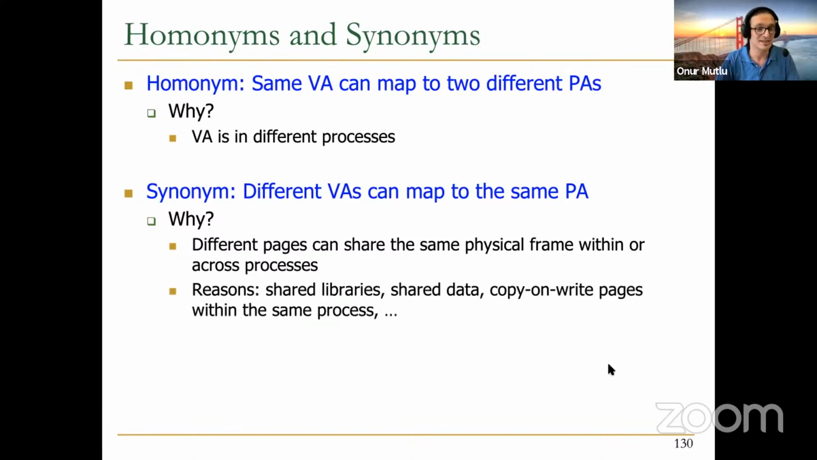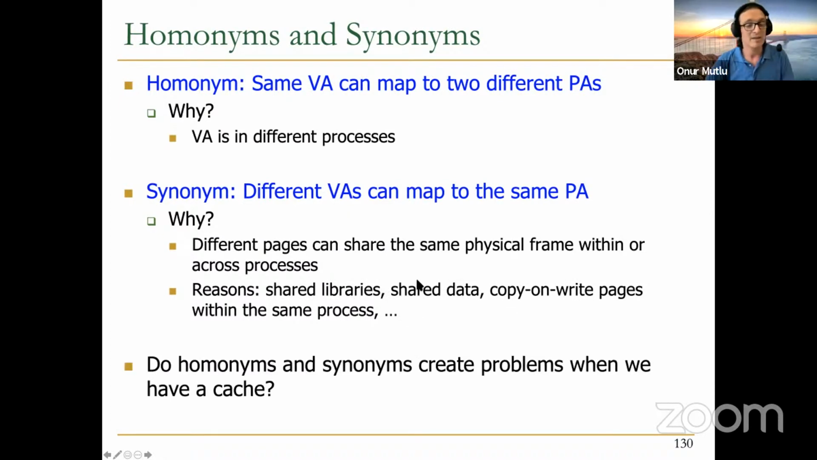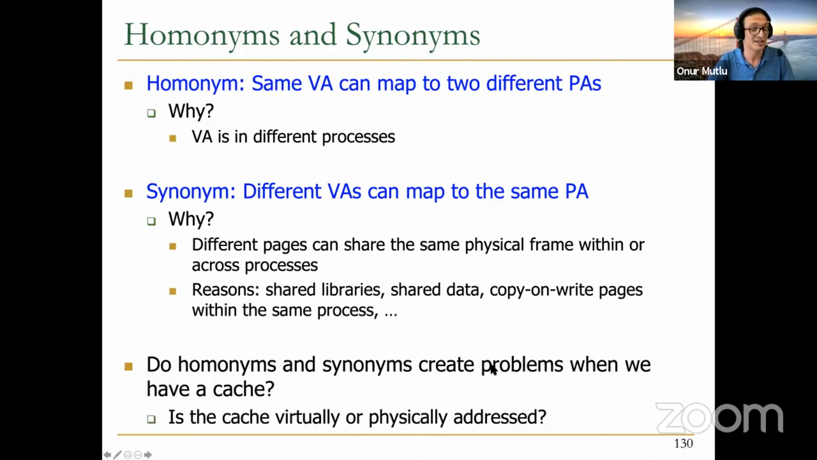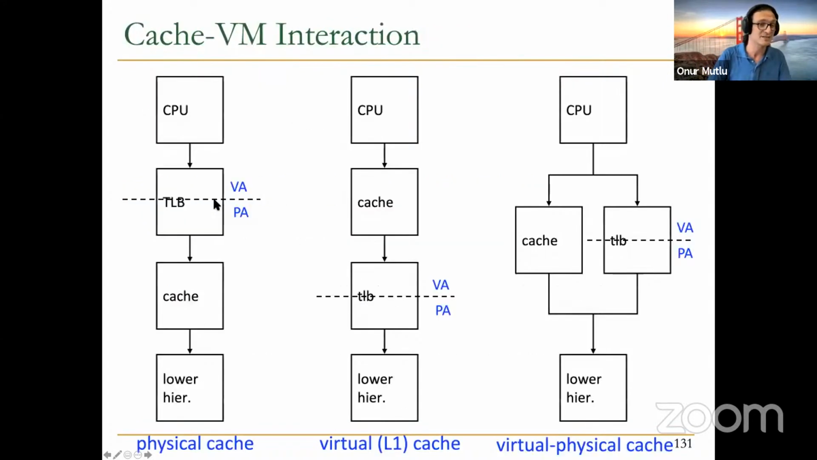And there could be many reasons: shared libraries, shared data, copy-on-write pages within the same process, files that are mapped. That's part of shared data, actually. And then the question is, do homonyms and synonyms create problems when we have a cache? Is the cache virtually or physically addressed? That becomes a very relevant question over here. And there are ways of solving the synonym problems also. I'm not going to go into detail. I have some backup slides for this, but I would like you to think about it if you're interested in